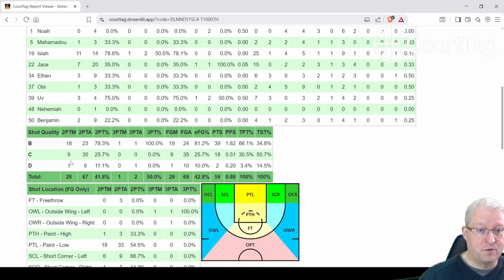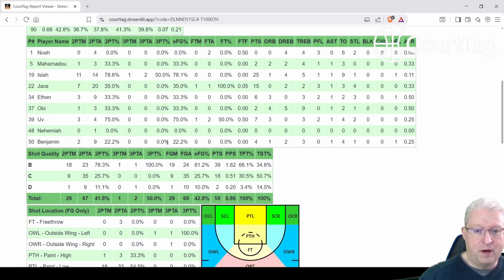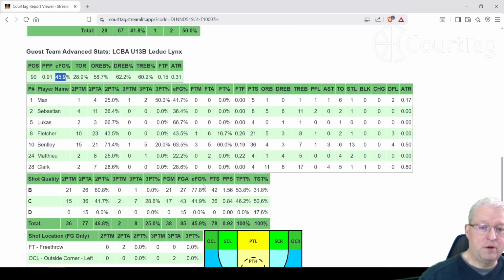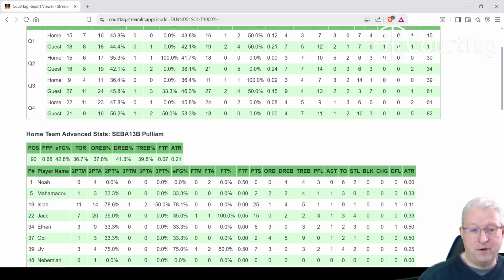Their field goal percentage was 42. They hit a couple, at least one 3. I think two 3s. We hit one 3 or two 3s as well. So you can see we're very similar in stats. They're not a weak team. I wouldn't give them that at all. They're a strong team. They did a lot of things right, except for rebounding a little bit,